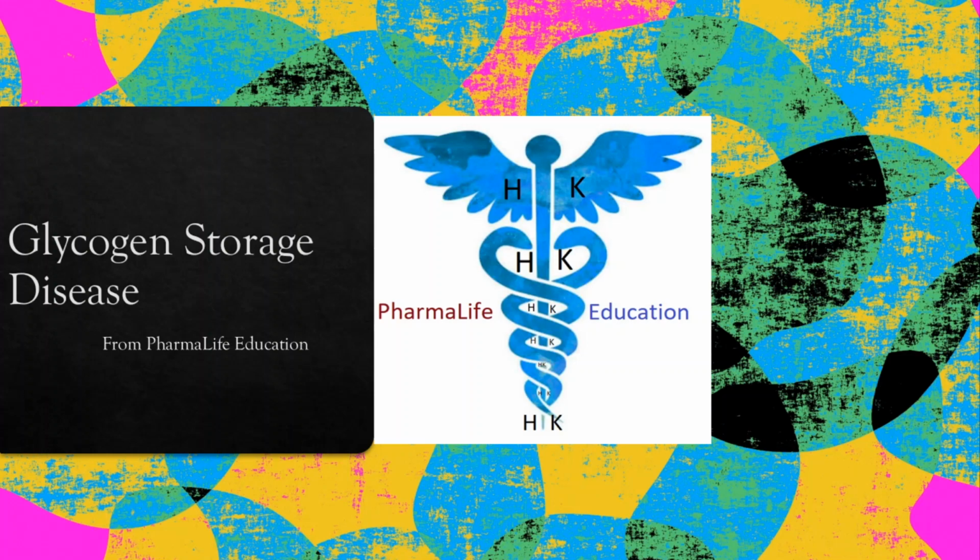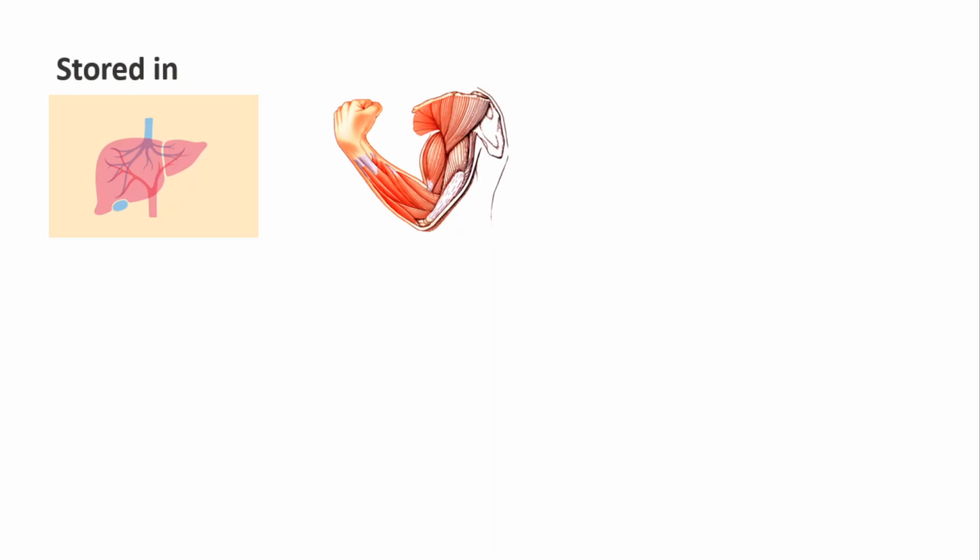So mainly I have classified a few glycogen storage diseases based upon the occurrence of these particular diseases. Now we will see them one by one. Where will this glycogen be stored? Mainly in the liver as well as muscles. Based upon that, we have categorized types 0, 1, 3, 4, 9, 10 as the types of glycogen storage diseases that happen in the liver, whereas types 5 and 6 happen in muscles, whereas type 2 occurs in the liver as well as muscles too.